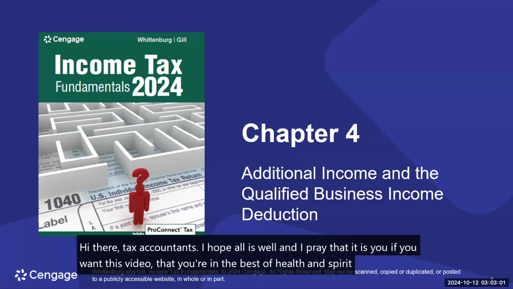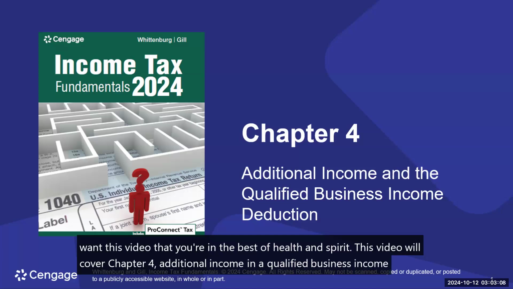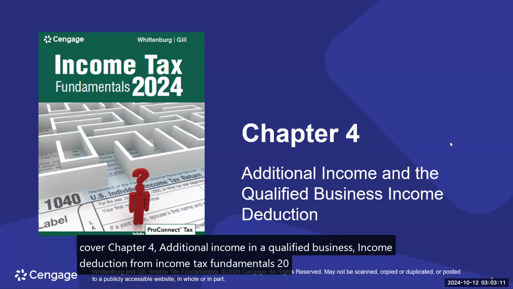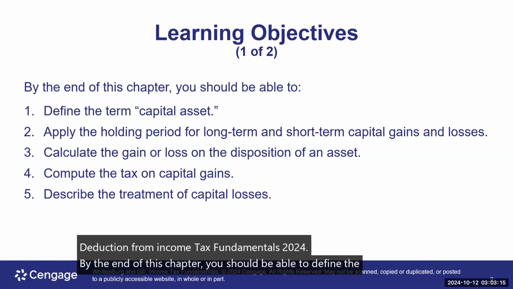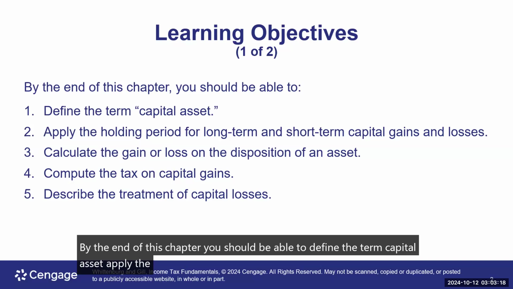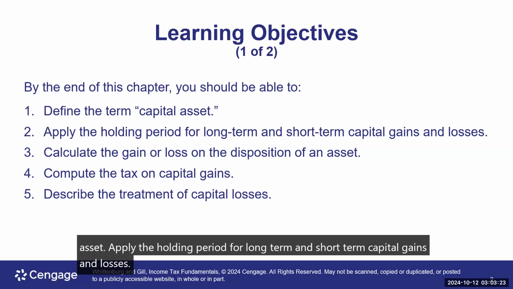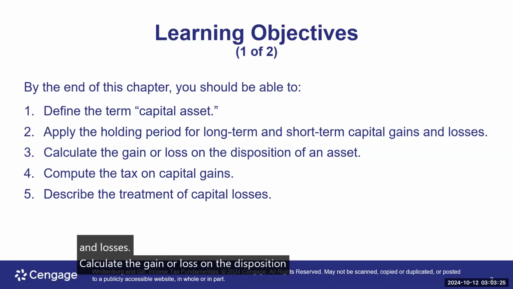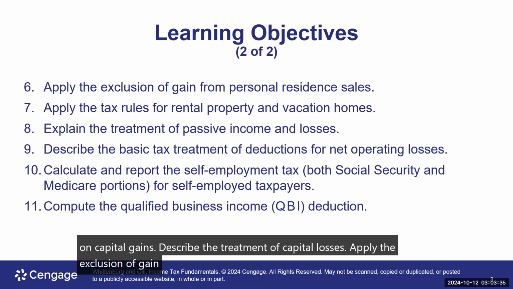This video will cover Chapter 4, Additional Income and the Qualified Business Income Deduction from Income Tax Fundamentals 2024. By the end of this chapter, you should be able to define the term capital asset, apply the holding period for long-term and short-term capital gains and losses, calculate the gain or loss on the disposition of an asset, compute the tax on capital gains, describe the treatment of capital losses, apply the exclusion of gain from personal residence sales,